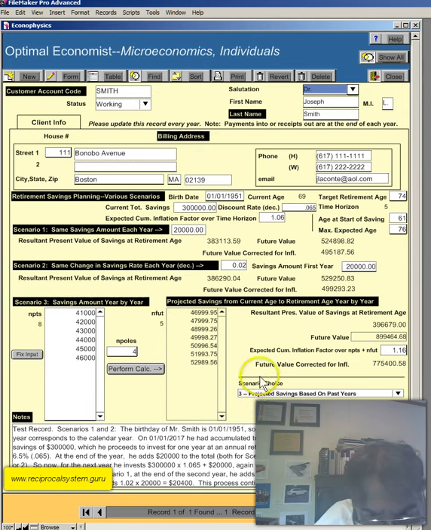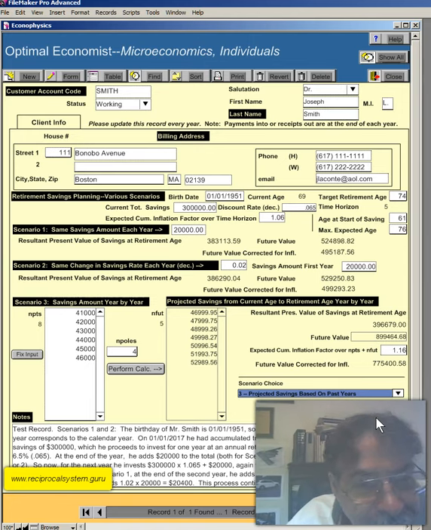And then you select the scenario choice. Personally, I would generally go with 3. But these other two are a little bit simpler. And then this shows the maximum annuity in retirement, how much you could take out every year. And you can see if the target retirement age is 74 and he's going to be dead by 76, well, you could take out $494,641, but hopefully the person is going to last longer than that.